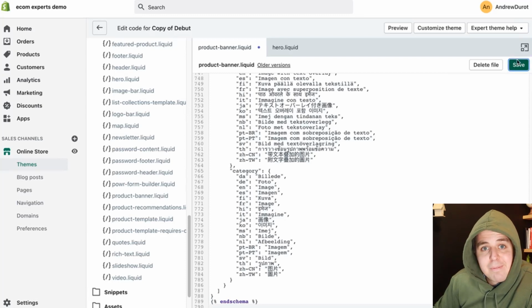And I'm going to save it. Okay, so now you have two options. The first option is to have multiple product templates, each with their own image. This is going to result in some products having no image and other products having an image and other products having a completely different image yet again. So that's one option. The second option, option B, is just every product has the same image.